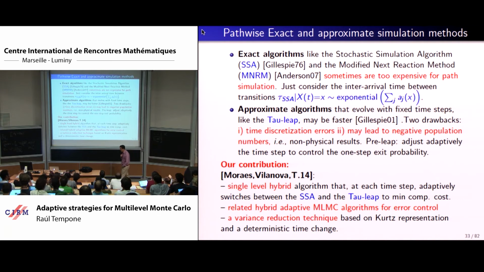What do you mean by exact algorithms in this context? You remember when we sample a la Monte Carlo to approximate quantities of the expected type, we always have statistical error unless the problem is trivial and has no variance, and then we're not discussing anything stochastic, right? So exact in this context means pathwise exact. Essentially that with finite work, you can simulate a process that has the correct law. Okay, so there is no bias error.